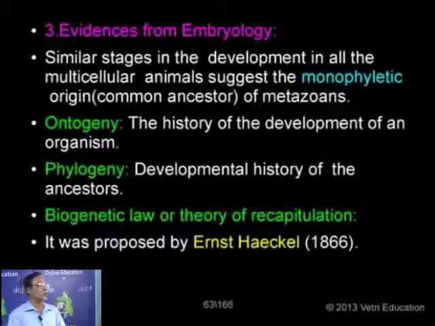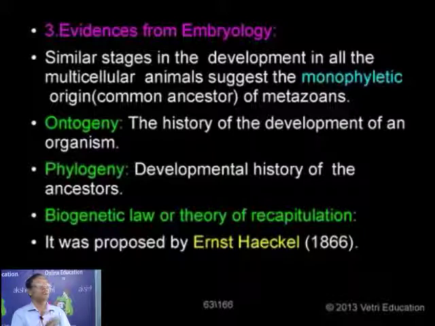So what do you mean by monophyletic origin? All the organisms have been descended from a common ancestor. Because in all cases we have one cell embryo, what is called zygote. The zygote only undergoes actual differentiation. So that is why the zygote is considered as a progenitor of the future embryo. It is undergoing modifications, divisions, etc., ultimately to form the embryo. In all cases we have the zygote, if you are taking the vertebrates.